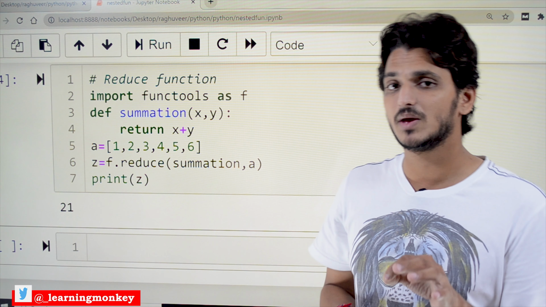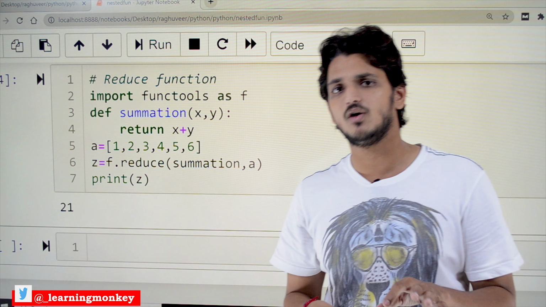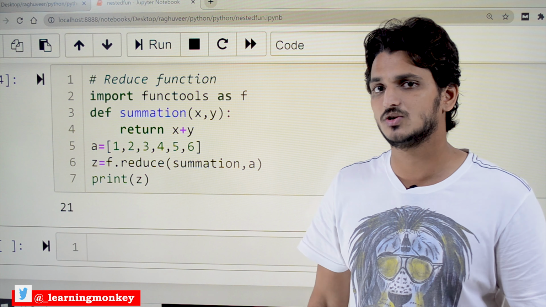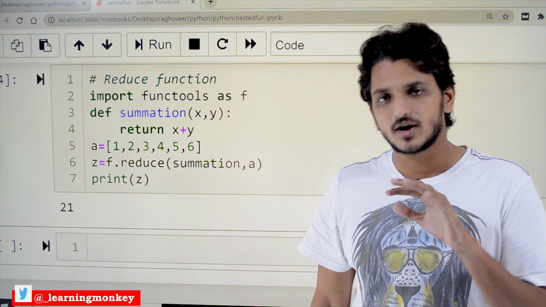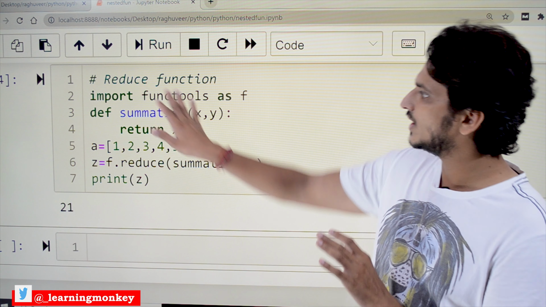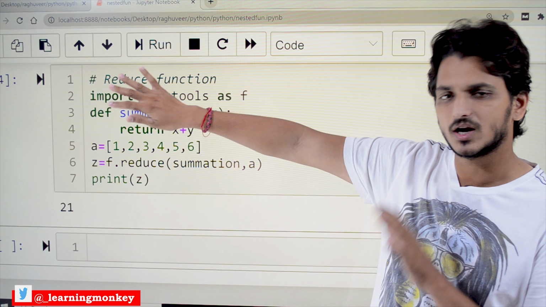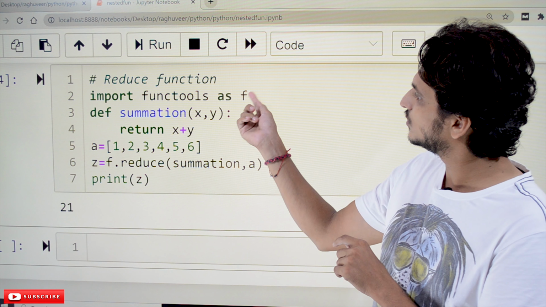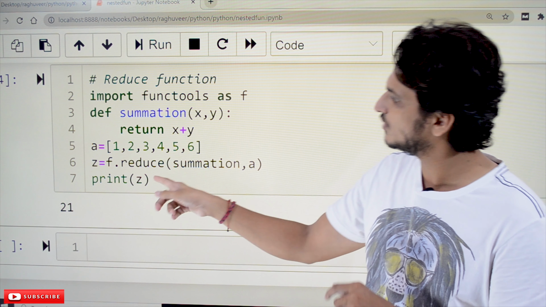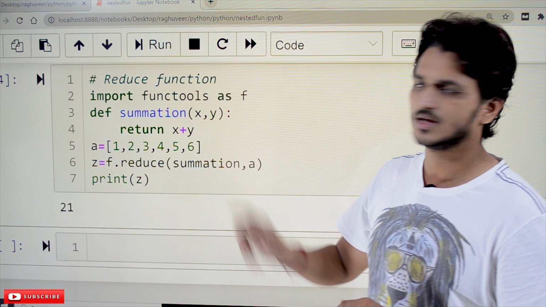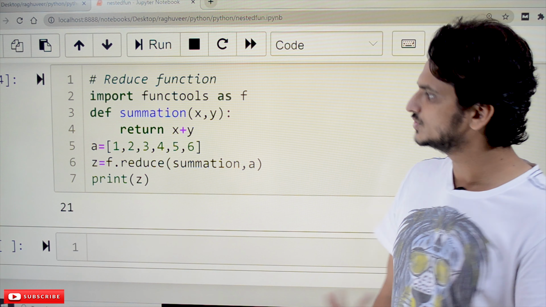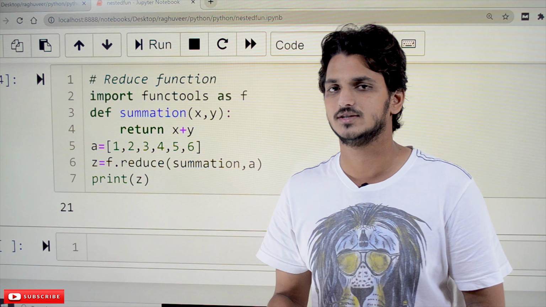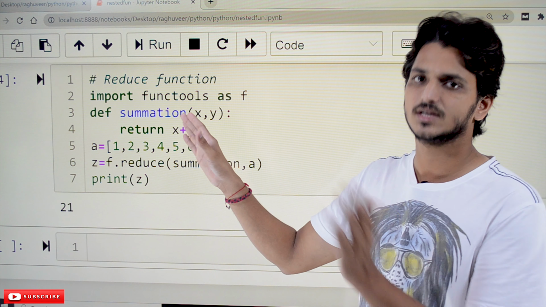What is meant by a module, we have not yet discussed up to now. We will discuss modules in our coming classes when we discuss object oriented classes. So for now don't bother about what functools is, what this module is and all those things. Just use this function as it is. In order to use the function from this module, we will write it as f dot reduce of. In this class we will understand what this function does. What these modules are, we will discuss later.